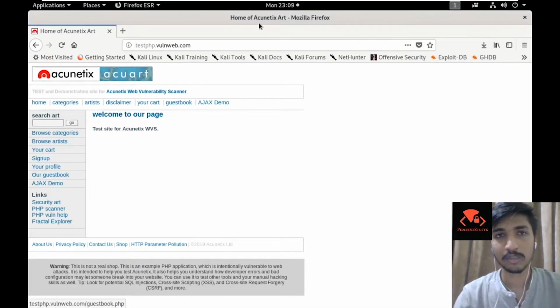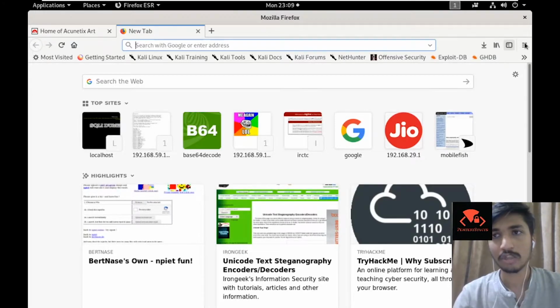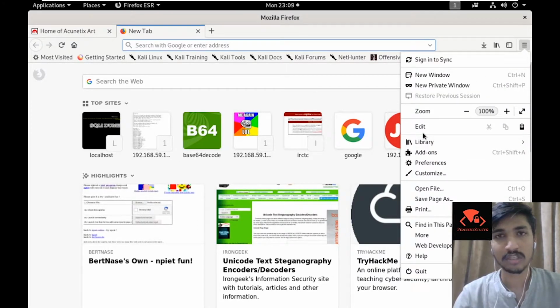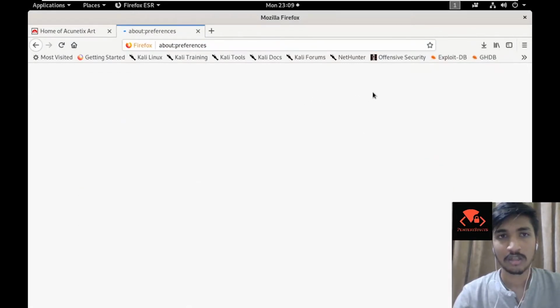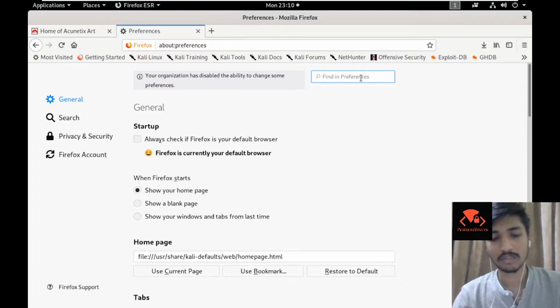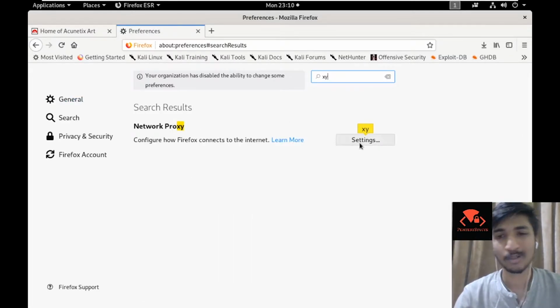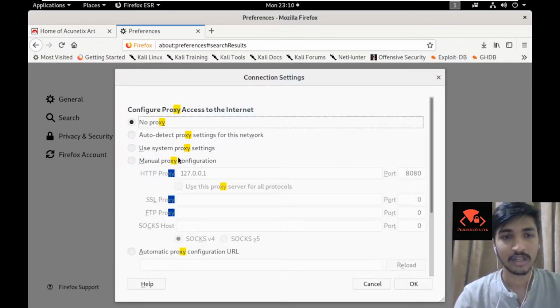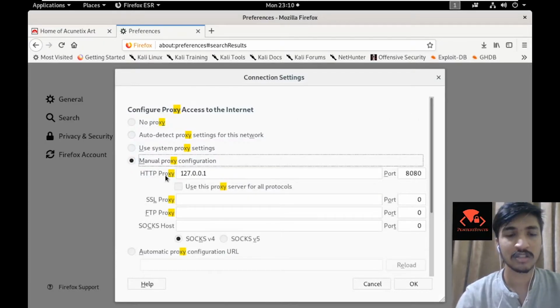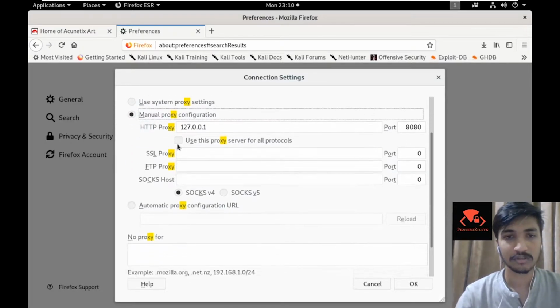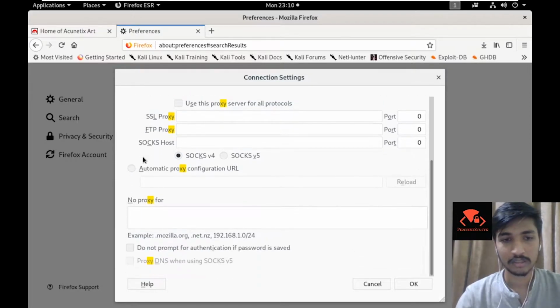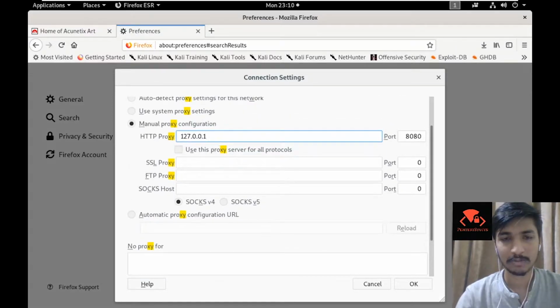So we would be going into your browser, and if you are using Mozilla Firefox like I am using, go into preferences and then search for proxy, and this just works right here. And then use this manual proxy configuration, and please make note of these. So the IP would be localhost, then the port and SOCKS4, and that's most of it. You could also try this option.